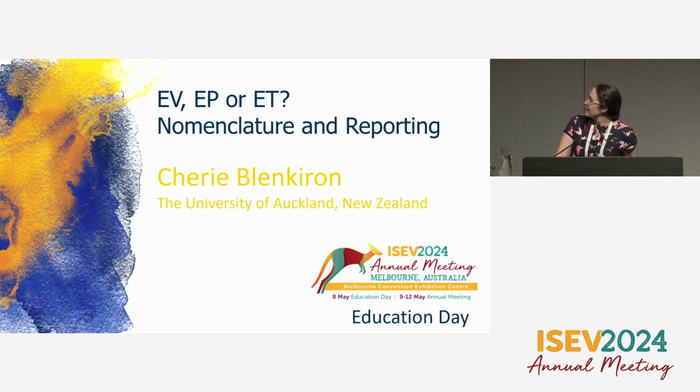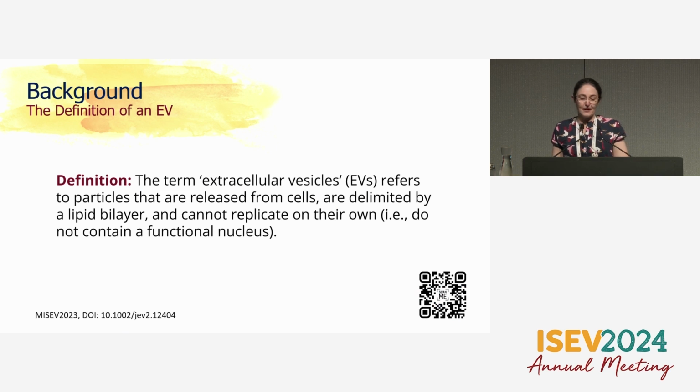So my title is EV, EP, or ET: Nomenclature and Reporting. You'll see where the ET comes in. If we go to the MISEV guidelines, I've added the QR code there for you so you can have a nice read of that during your extended lunch break. So the definition of an EV according to the MISEV 2023 guidelines is: